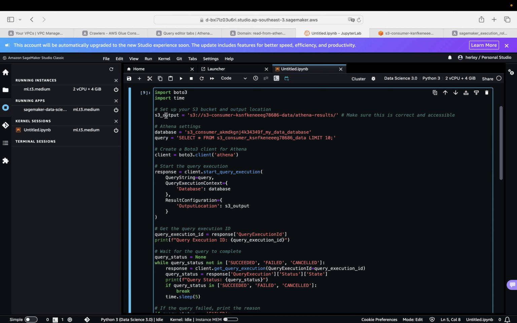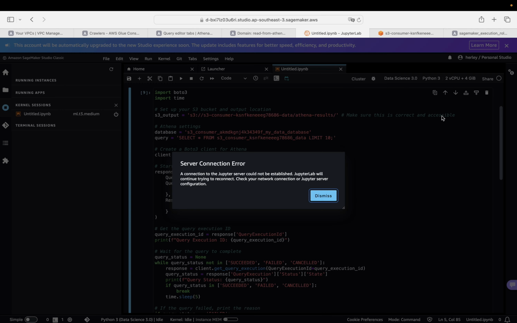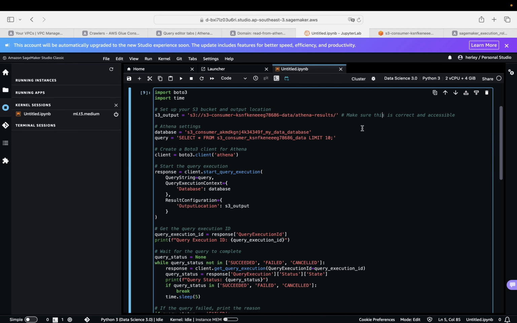These are the parameters that I supply: the output, database, and query. Note that these arguments must be known beforehand. Make sure that this is correct and accessible.